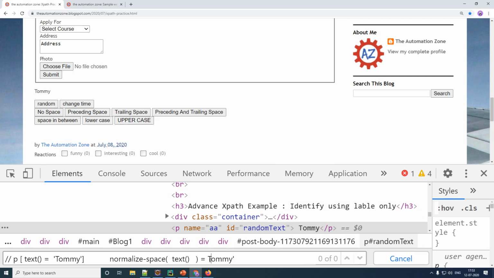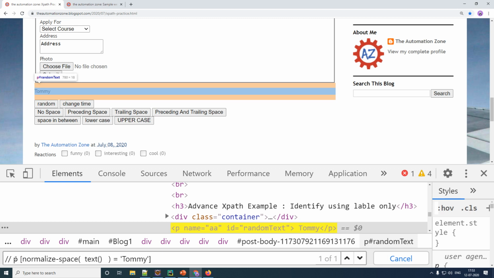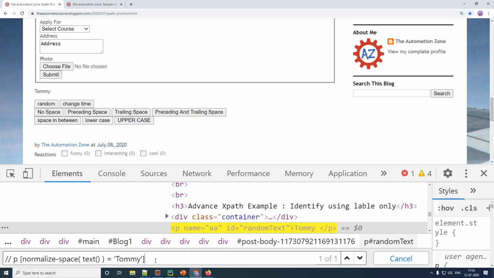Tommy without any spaces. Let me just put your single quotes here, and now let me replace this with your function inside of your brackets, and as you can see, it works now and it is ignoring all of your spaces. Just remove all of this. So now it is not just ignoring preceding spaces. If I do trailing spaces, you can see it still works. Even with preceding and trailing, that is spaces before and after, it will still work. So in this particular manner, by using the function called normalize-space, you can ignore spaces